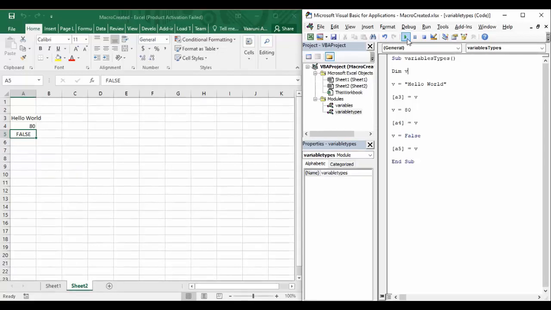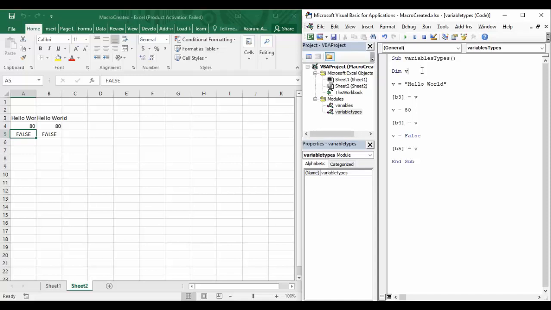If we just try to run this code, and let's just change the cell numbers to b, so that b3, b4, and here we want b5. Okay, so let's execute this piece of code, and you can see everything is happening over here in the column b. So this means that once you have declared a variable and have not provided any particular data type, then you can just toggle between the different data types of a particular variable. That's perfectly possible with Visual Basic. So that is a single variable.